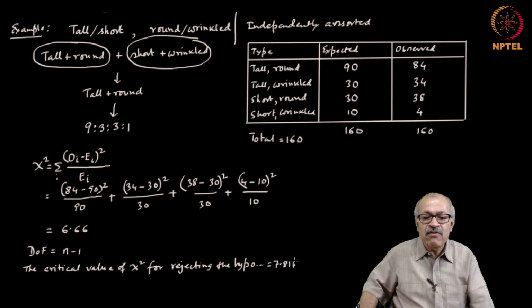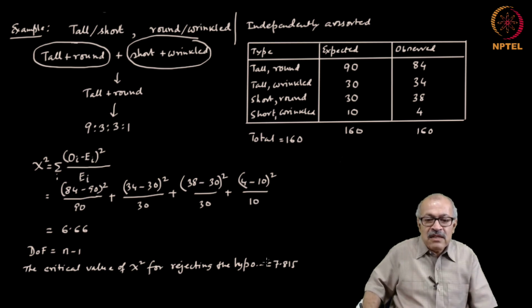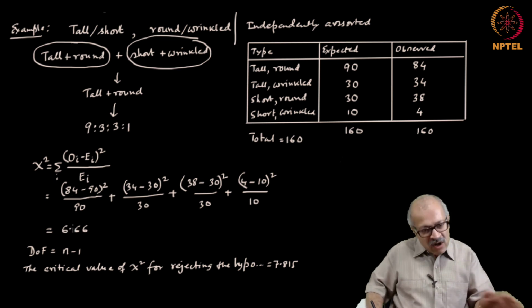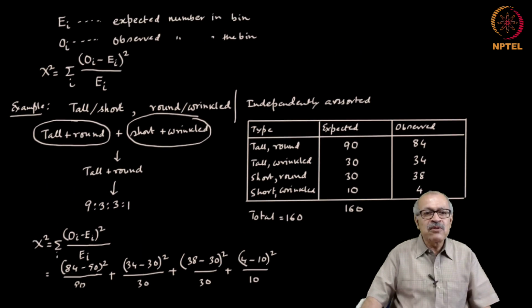I will show you how actually it is done. So, this is the value that you get from the chi-square table, and the value that you actually got from the experiment is 6.66, which is lower. Lower means that the probability of getting this value is more than 5%, which means that we cannot reject the hypothesis. In this case, the null hypothesis is